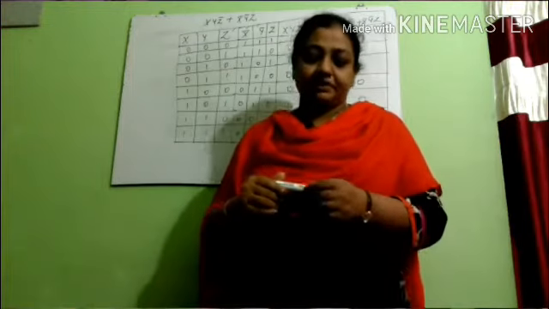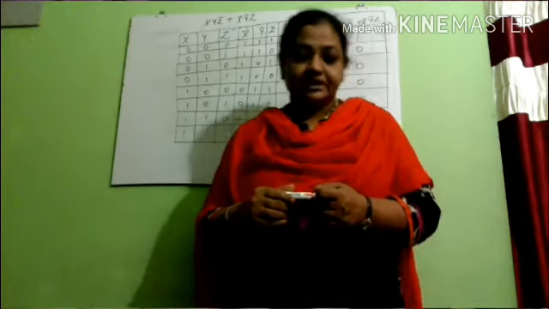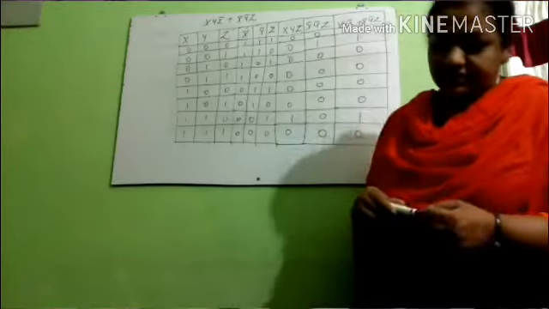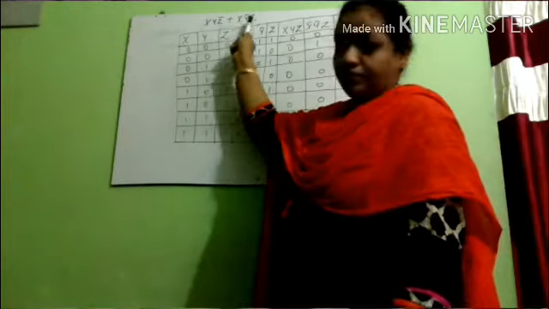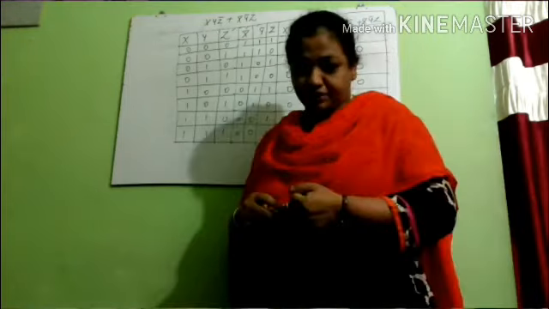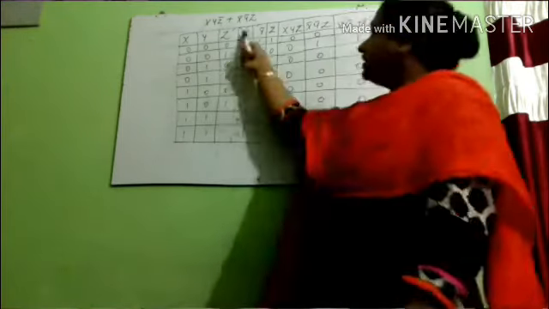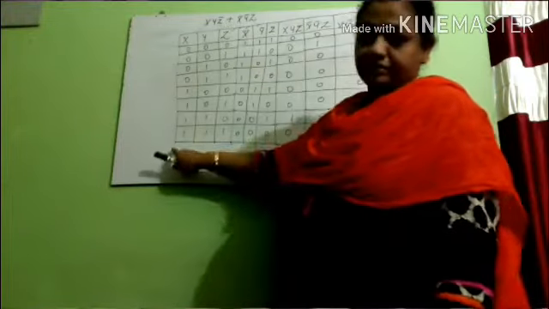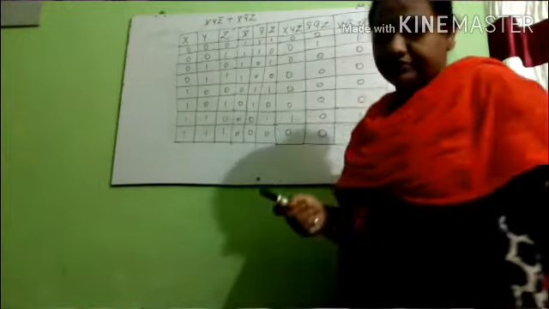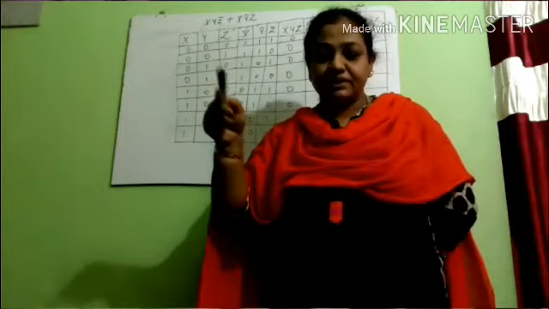We will see the steps on how to construct a truth table for X Y Z bar plus X bar Y bar Z. The very first step is to check the total number of variables. The total number of variables in the given Boolean expression is 3: X, Y, Z. As there are 3 variables, each variable can take 2 binary values, 0 or 1. With 3 variables, there are 8 combinations of values.